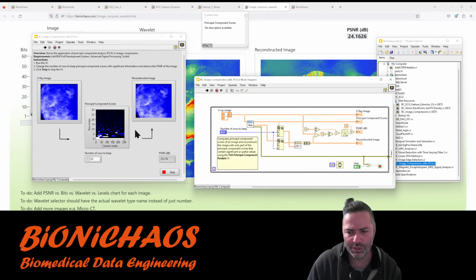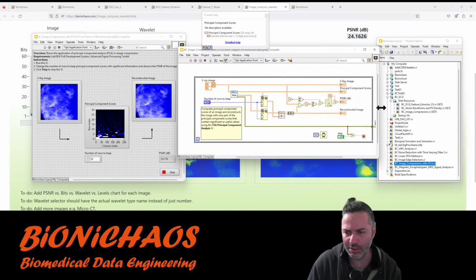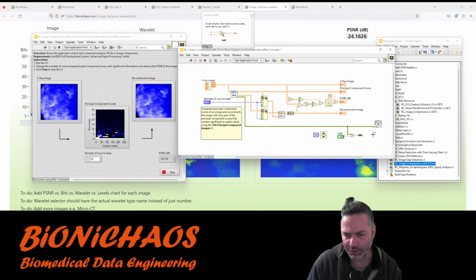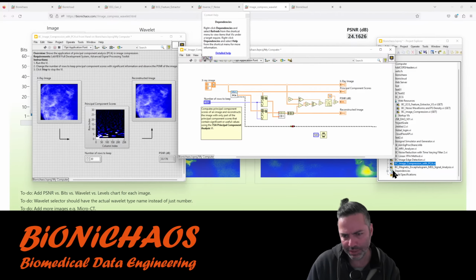I have a better version of it as well. And to do that, first thing we can remove the while loop. We don't need it. We also don't really need the error message because